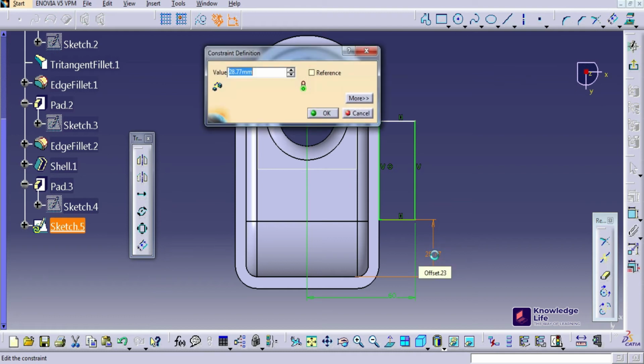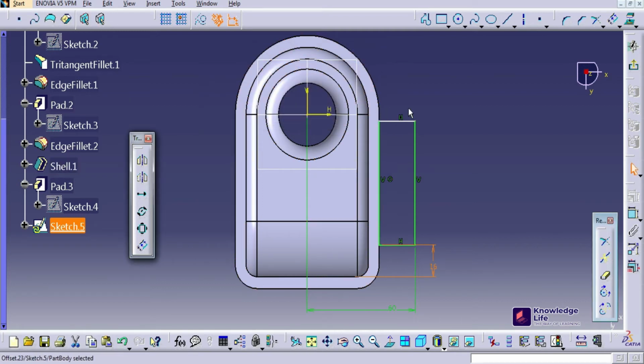So this is having the distance from this point to this which is 16. So I'll be giving the value there 16. Now here also I'll be giving one dimension from here to here. Just right click, give the value coincident. I'll go for the command here, corner, click on the corner, select this